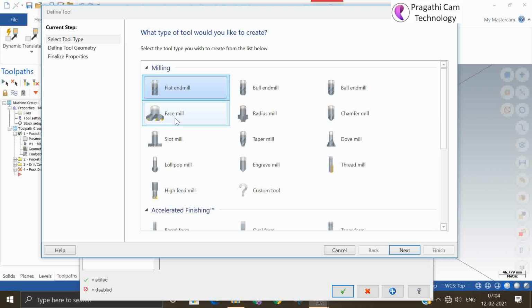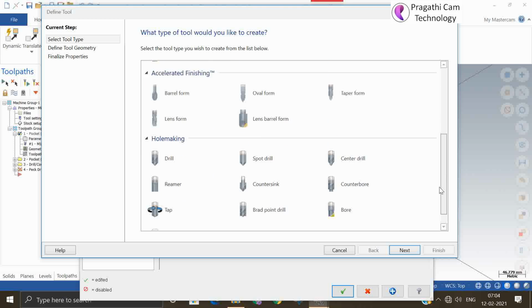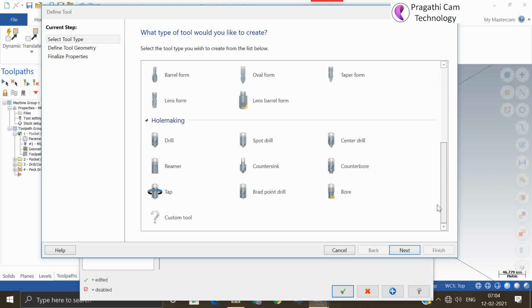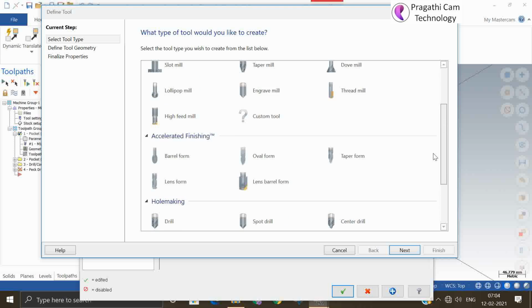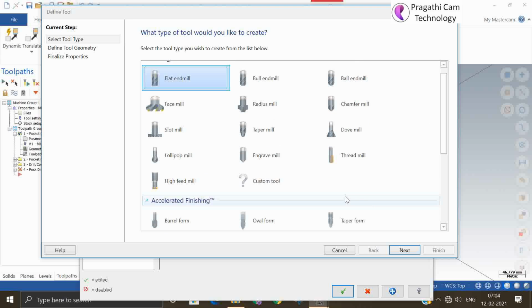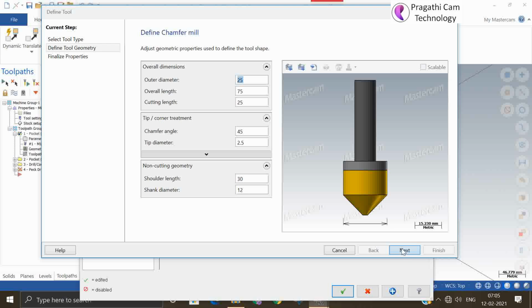So you can select the type of tool whatever you want. Any tool you want, you can make it and use it. For example, I need one chamfer mill. Now you can give the parameters.